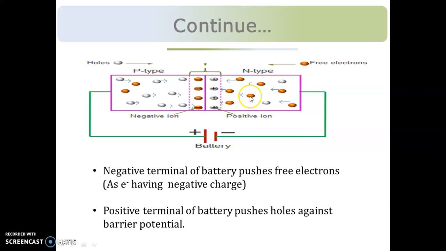As these electrons are having the negative charge and terminal of battery is also negative, so there will be the force of repulsion and these electrons will move away from the negative terminal. Same is happening with holes available in P-type material also. Now, due to that,